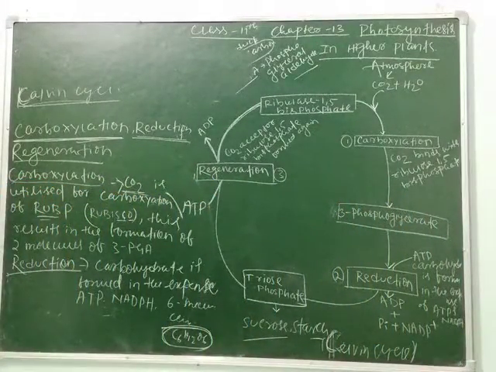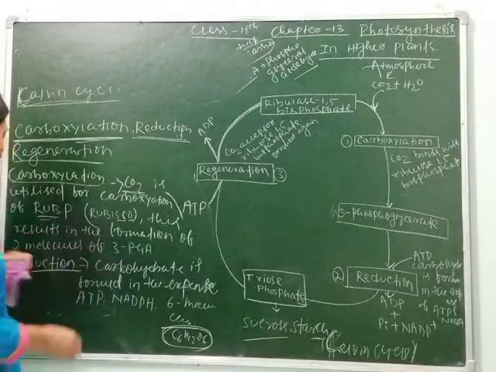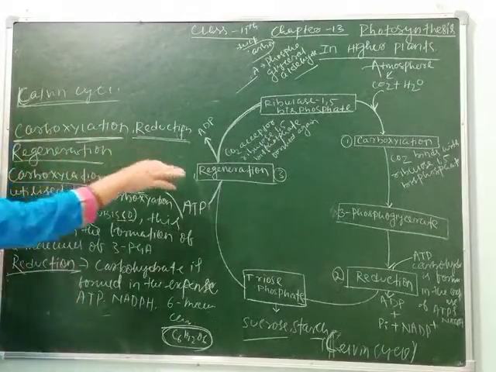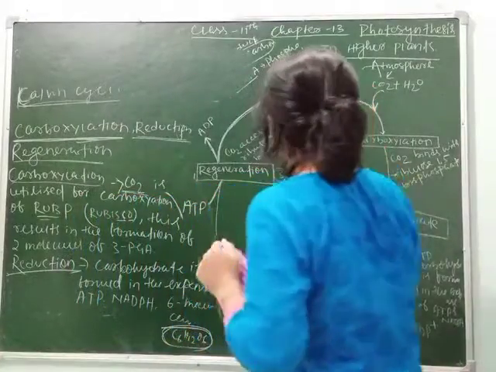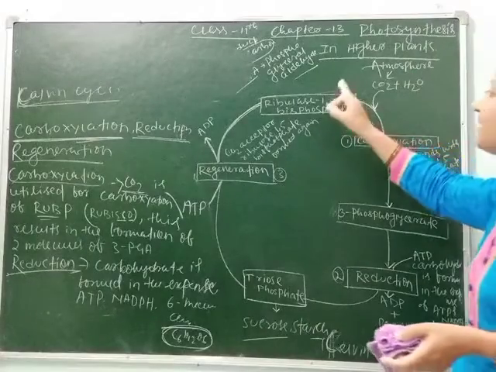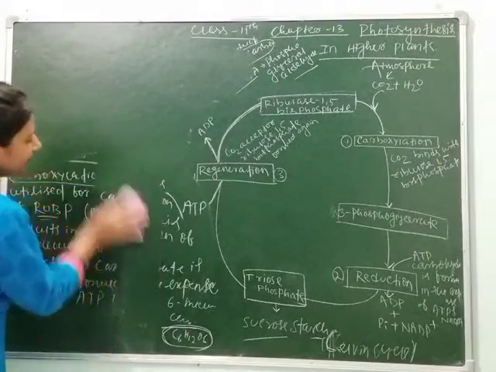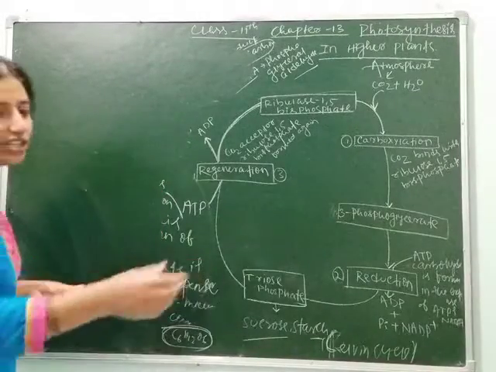Next one is regeneration. As we know, the CO2 acceptor RuBP is crucial for the cycle to continue without any interruption. The regeneration steps require 1 ATP for phosphorylation to form RuBP. So during regeneration RuBP is formed again through phosphorylation, using ATP, and again it receives the carbon dioxide. So now let's understand how many ATP and NADPH are used.